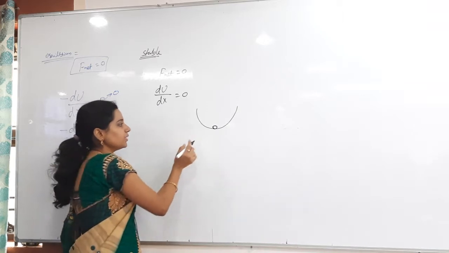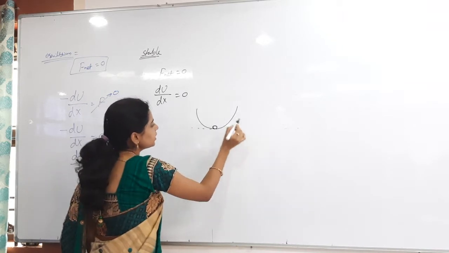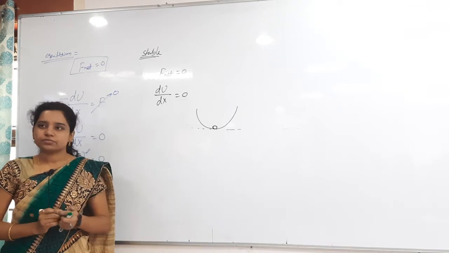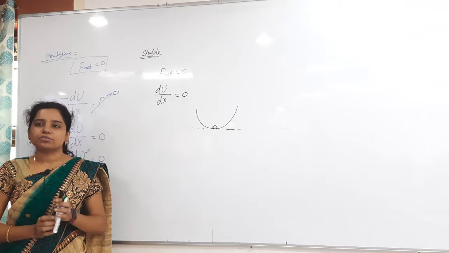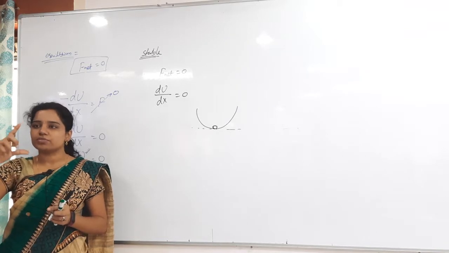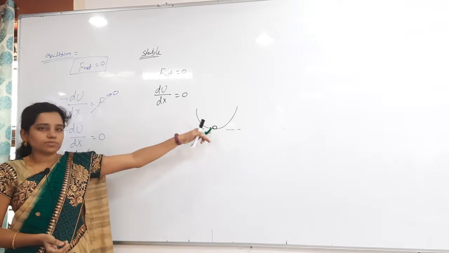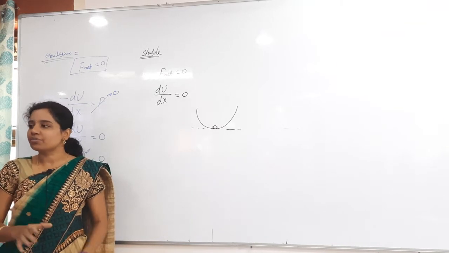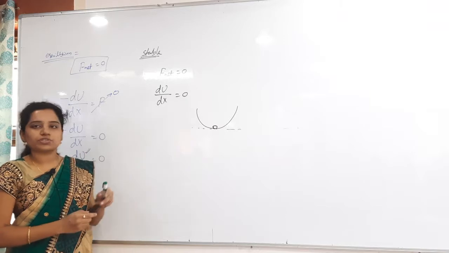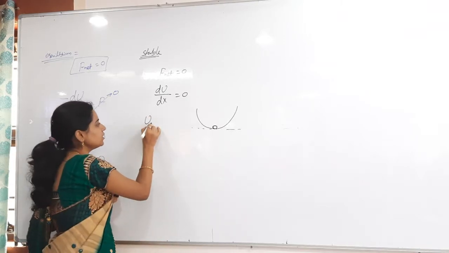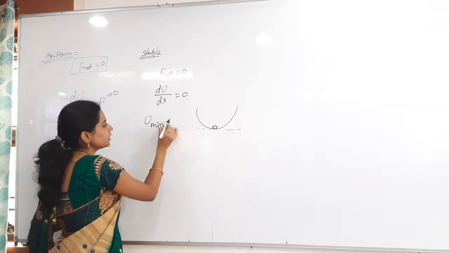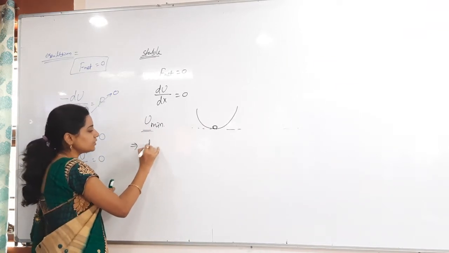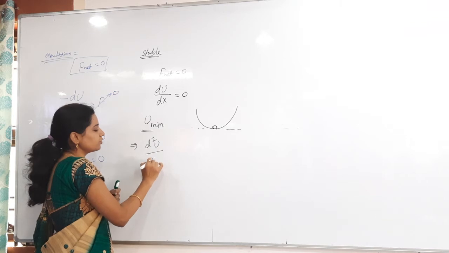So now tell me, at this time is the potential energy maximum or minimum? What is the potential energy value? Potential energy needs some height, obviously. Now is there any height for this ball? No height. So I can easily say the potential energy is minimum. When du by dx is equal to 0, the potential energy is minimum. Then I can also say the curvature is what? d square u by dx square.